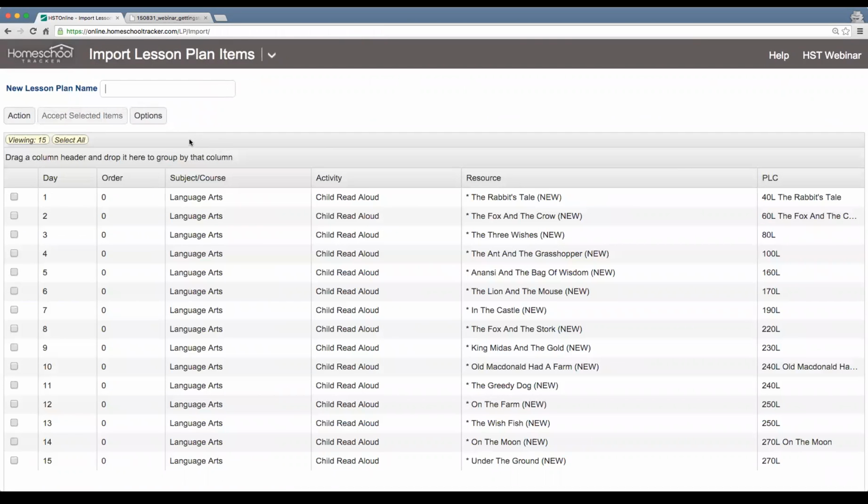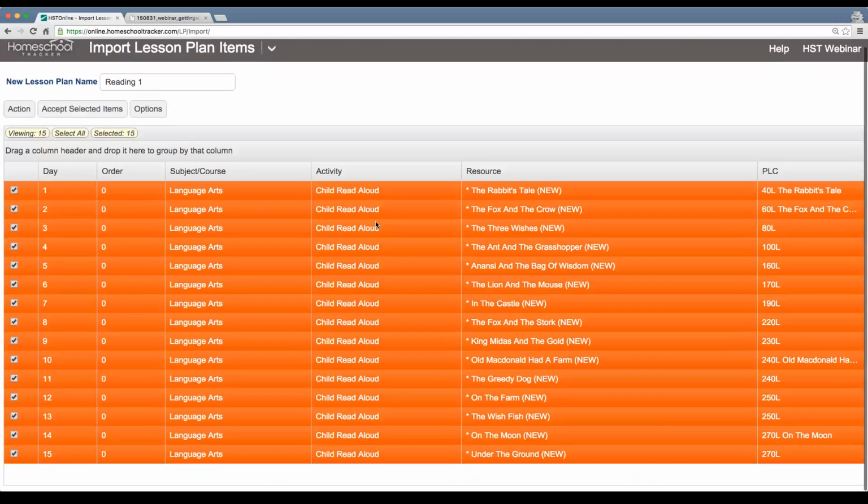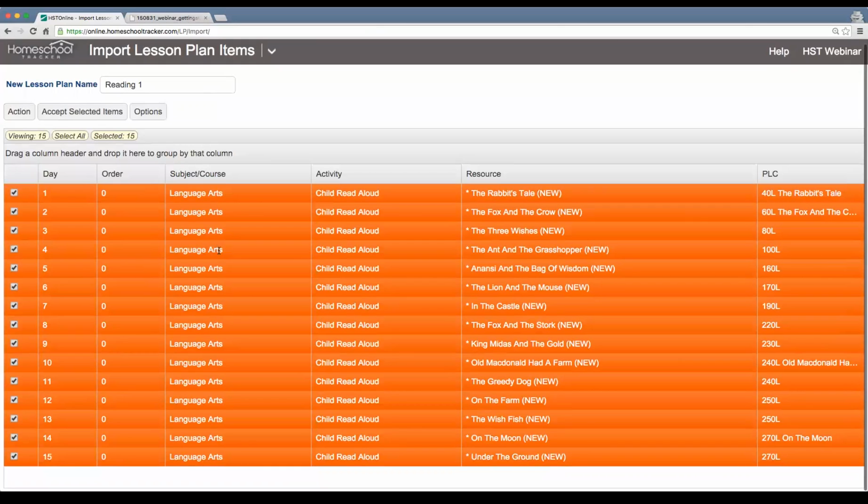And once it's ready here, I just need to give it a new lesson plan name for when it's in my account. So I'll just call it Reading 1. And then I can select all the items and accept them. But before I do that, I just want to give it another look. And I'm noticing that under subject course, it's under the subject of language arts, but it doesn't have a course associated with it. Now, I could import this and then